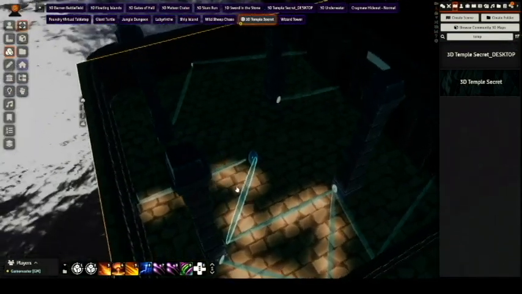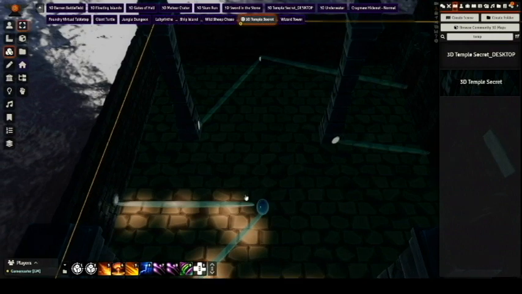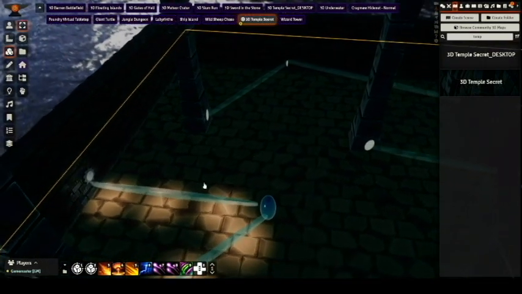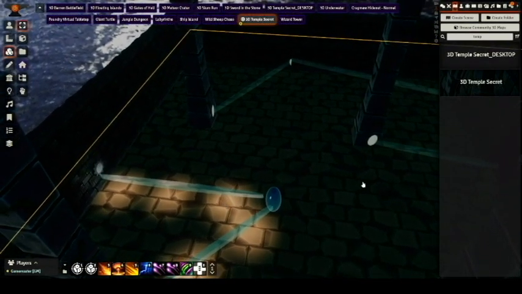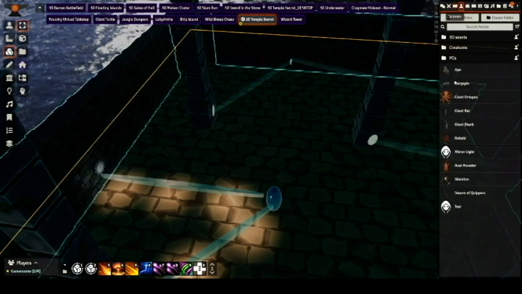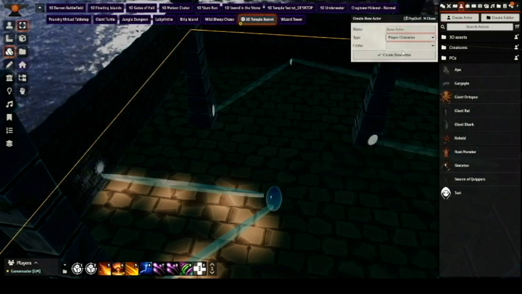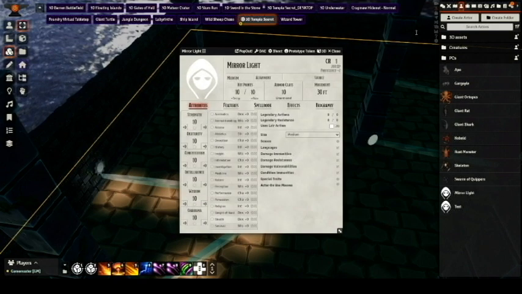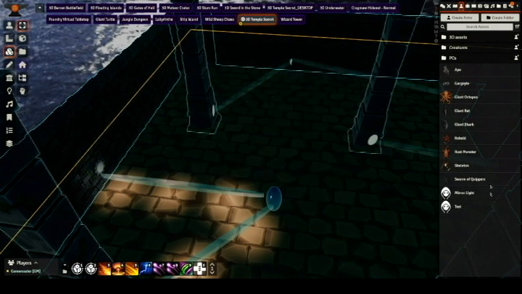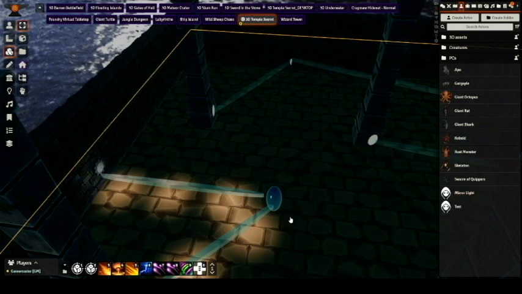But we want to get fancy with an interactive wheel over here that is lit up when they light up that first mirror. So the first thing we're going to do is create a mirror light. So I'm just going to delete this so we could do it from scratch. Create actor, NPC, mirror light. Doesn't matter. We're going to come into here, drop them in,